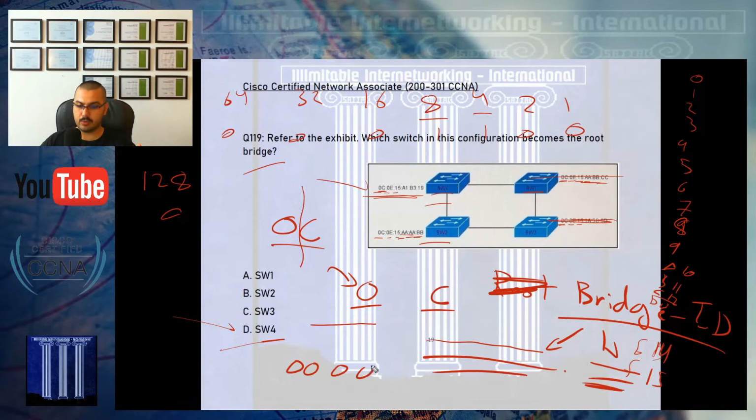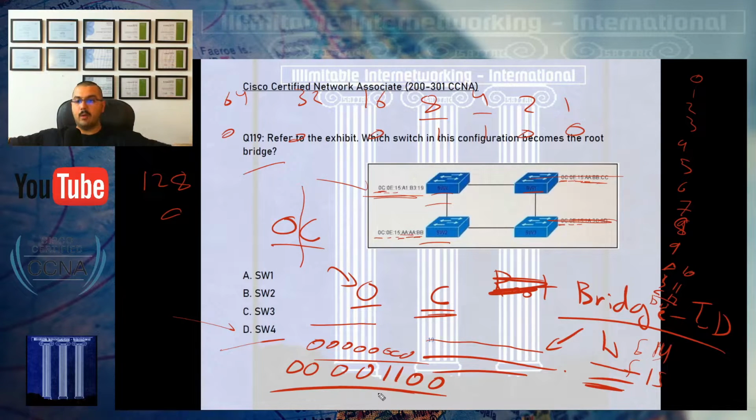There will be 4 zeros, 1 1 1 0 0. So this is how C11 is represented in binary, and 11 refers to 12, and 12 represents C in hexadecimal. So the first nibble will be 8 zeros, the second nibble will be this way, and then you'll have to retype them, all of them, or you can just convert all the hexadecimal to the values without even converting them to binary,